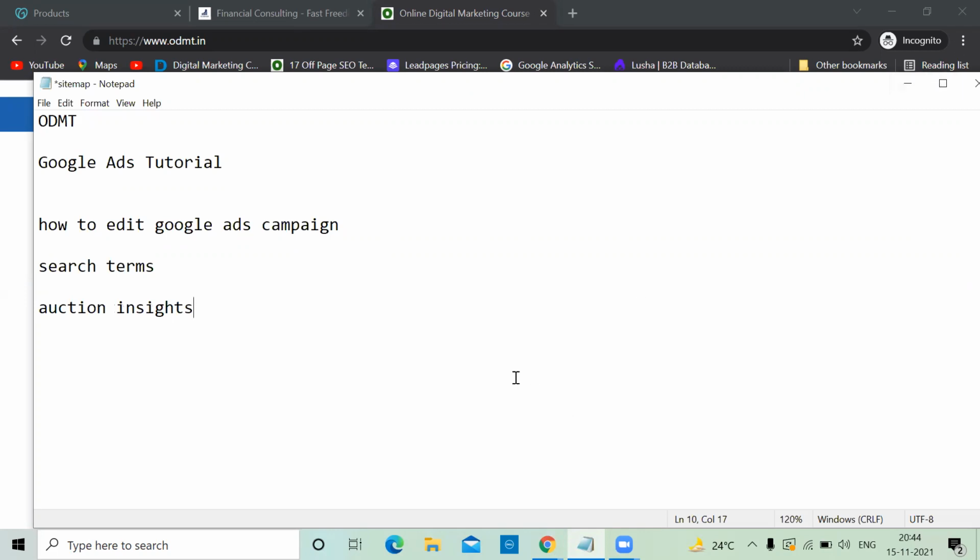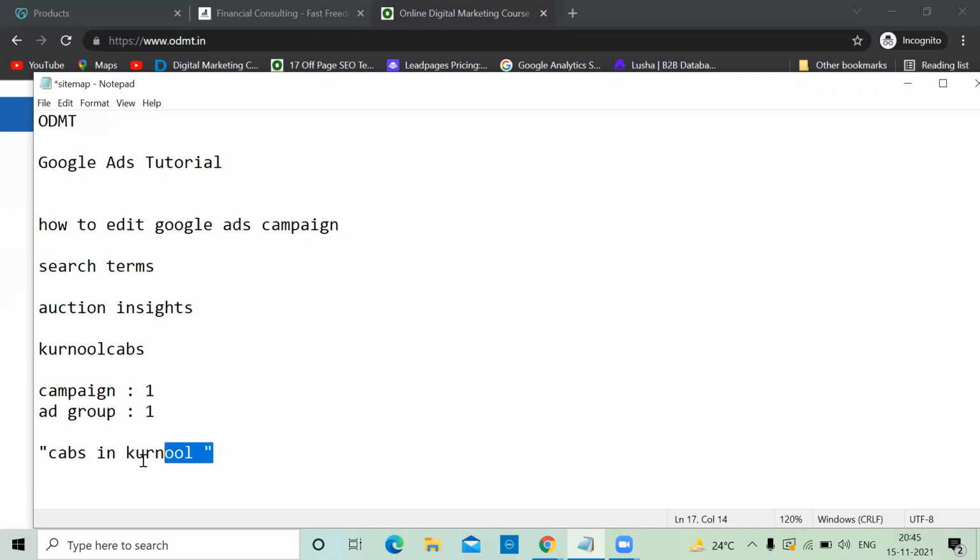Before we go for that, I'll tell you about one campaign I've run before, called Kurnool Cabs. There is a website actually. For this campaign, we targeted the location Kurnool. I created one campaign and one ad group. Then the keywords I targeted were something like cabs in Kurnool. I think only one or two keywords were targeted.